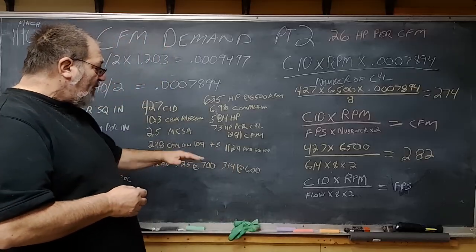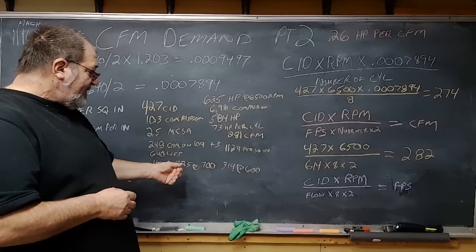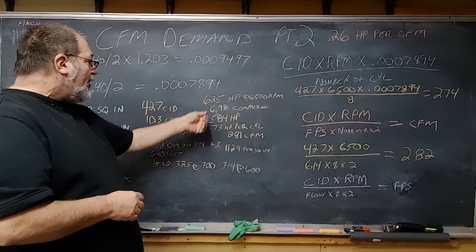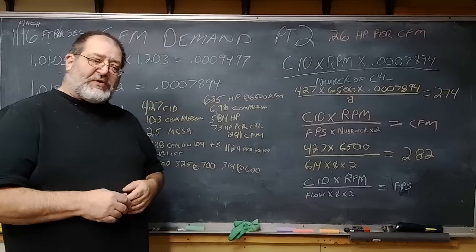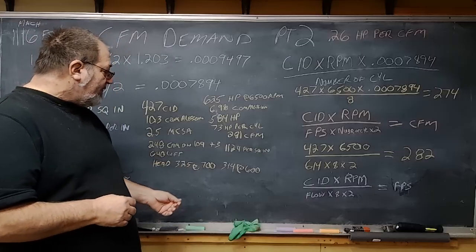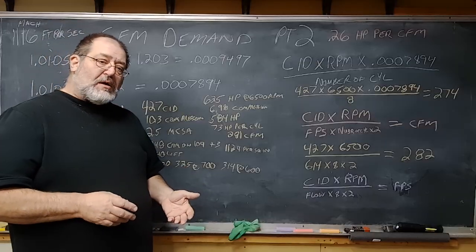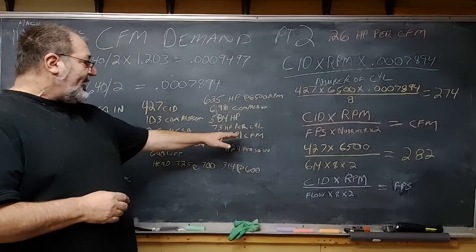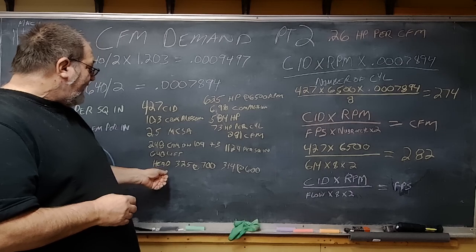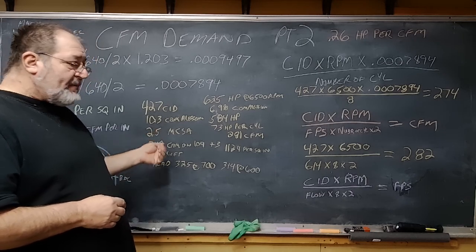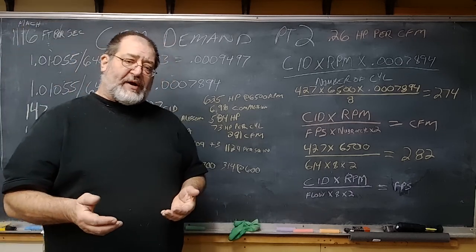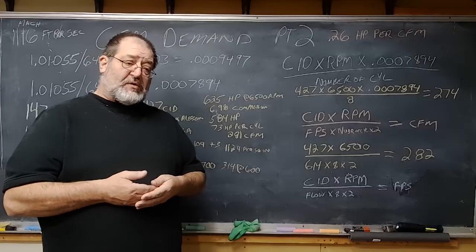You can say, okay, well, that port did great. I should have made way more power. I should have been up at 680, 700 or something. It's not going to get there. It's using what it can. It's almost at 300. Now, the problem, as most of you know with porting, is your minimal cross-sectional area